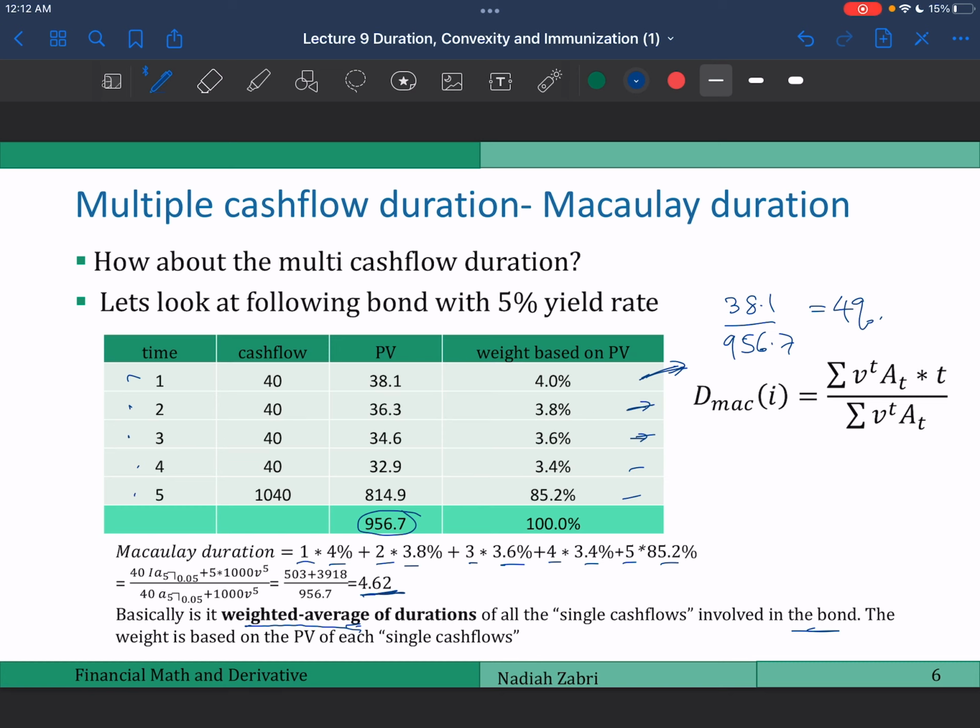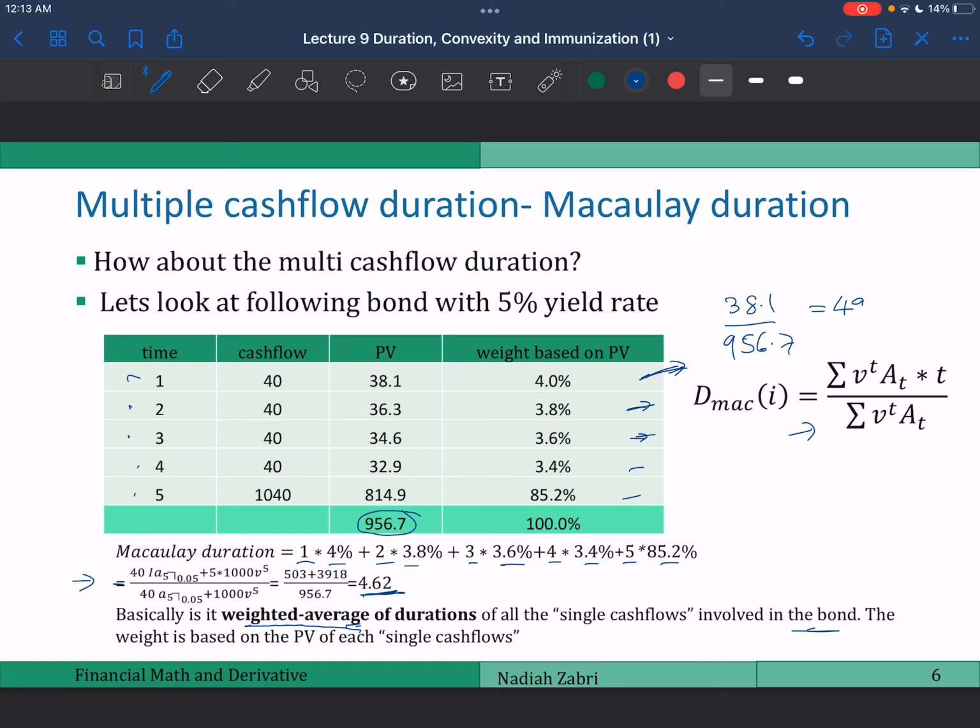And this Macaulay duration also can be derived using this formula. So this formula, basically, if you see here, is the present value of each single cash flow divided by the price of the multiple cash flow. So this will be the weights times the duration. So you will do this for all of the single cash flows in the multiple cash flow asset. So if we leverage on this formula, we will end up